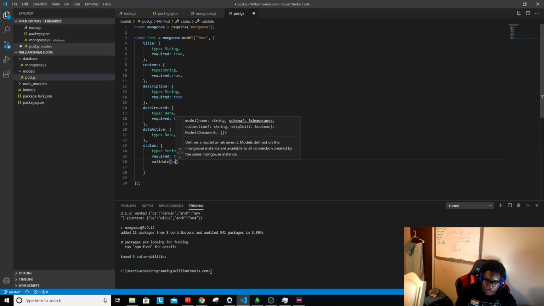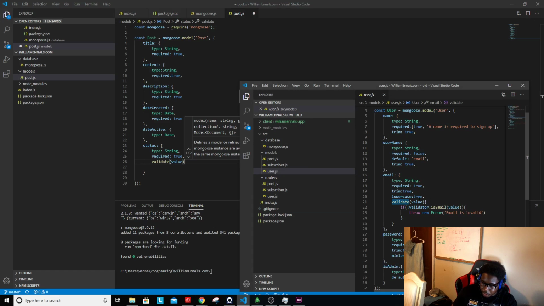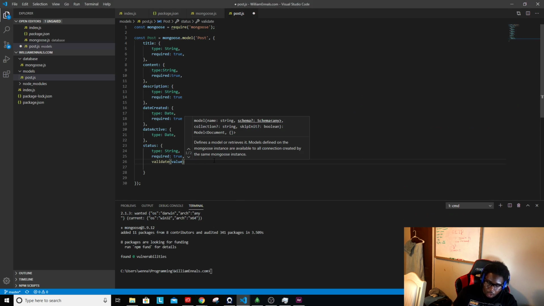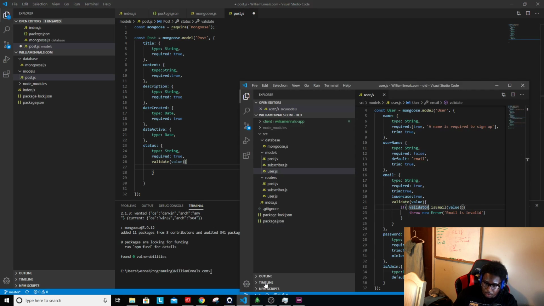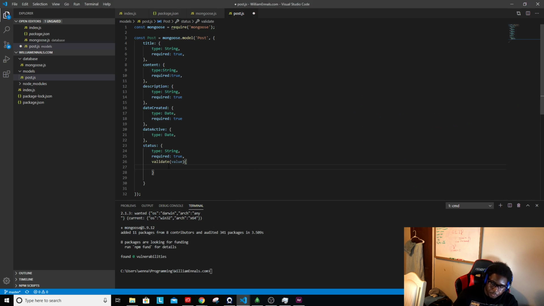So we're going to validate that, and the way we're going to do that is we're going to validate the value. And I think you use the dot notation here as well. But nope, object notation. Well, not object, but you get what I'm saying here. We're going to validate this, and this is what they call custom validation. But the only thing we're going to do is we're going to say if